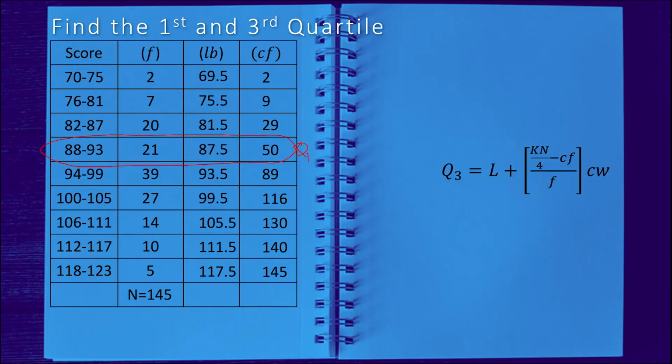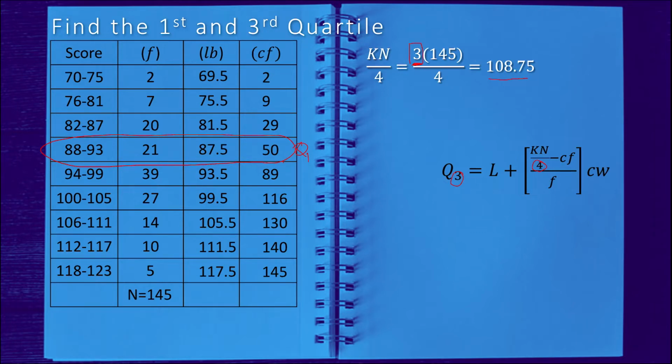Para makuha naman natin yung third quartile, the same formula lang tayo, katulad nga po sinabi ko. 4 pa din yung gagamitin natin na value ng I kasi quartile pa din naman yung hinahanap natin. Mababago lang yung value ng K kasi third quartile na tayo. Mapapansin nyo dito, yung value ng K natin nagbago na because ang hinahanap naman natin ngayon is the third quartile. Now, kunin natin yung position ng third quartile. That is 3 times 145 divided by 4 is